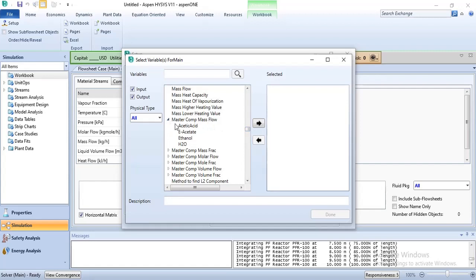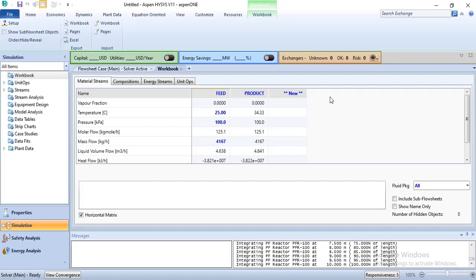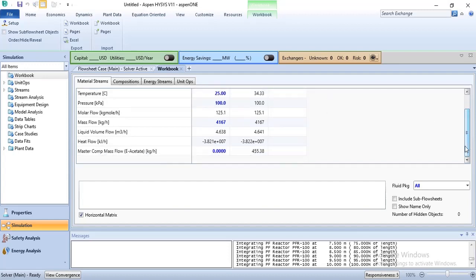Master component mass flow of ethyl acetate. We add that and then done. Then we can go back. Okay, so this is the master component mass flow of ethyl acetate in kg per hour,